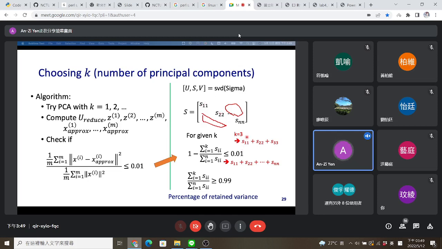And if you set k equals 4, then we just compute the 4 components, like S11 add S22 add S33 add S44, and this result is the same, right? So we just simply compute the value for different k. In this case, we can efficiently choose the proper number of k to perform